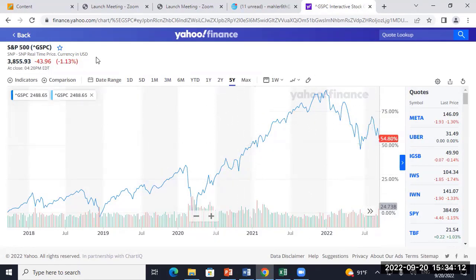But the bottom line comes down to how bad is the recession going to be. Soft landing, stocks will do pretty well. Hard landing, really bad recession, it's going to be terrible. But that's the question you gotta answer.